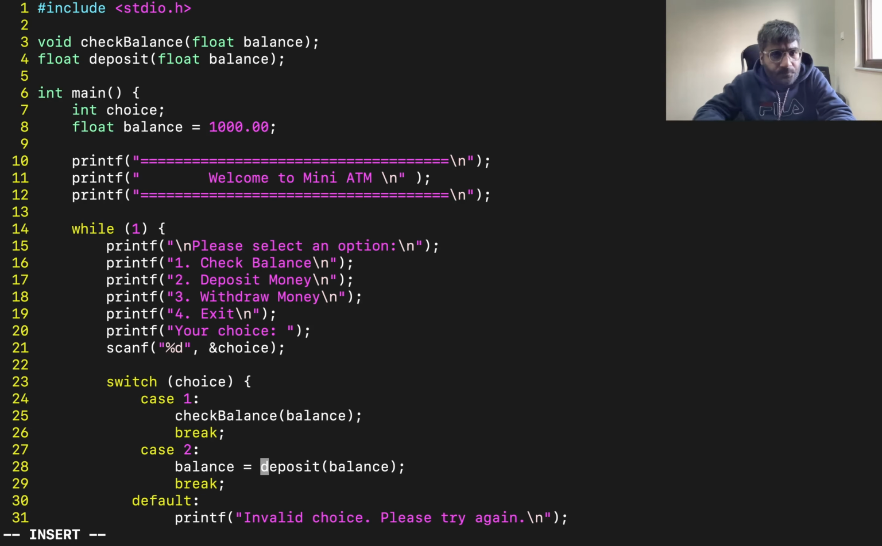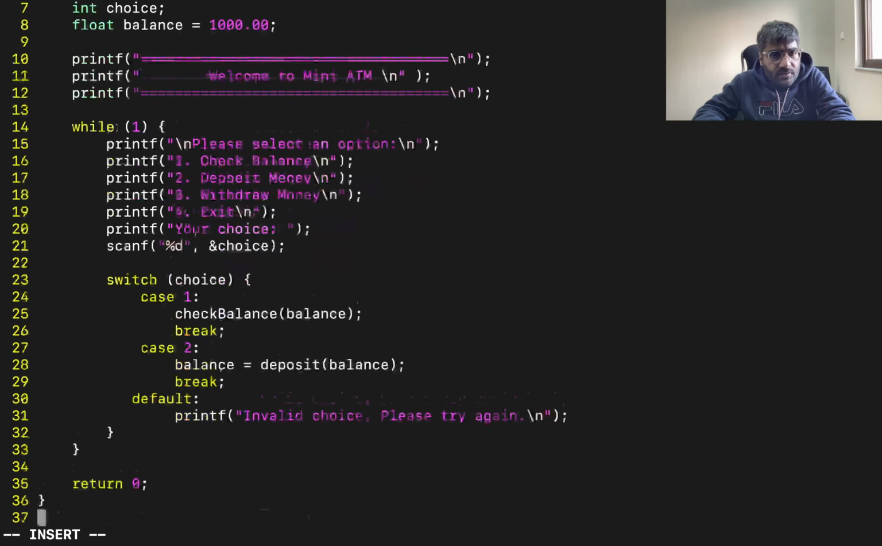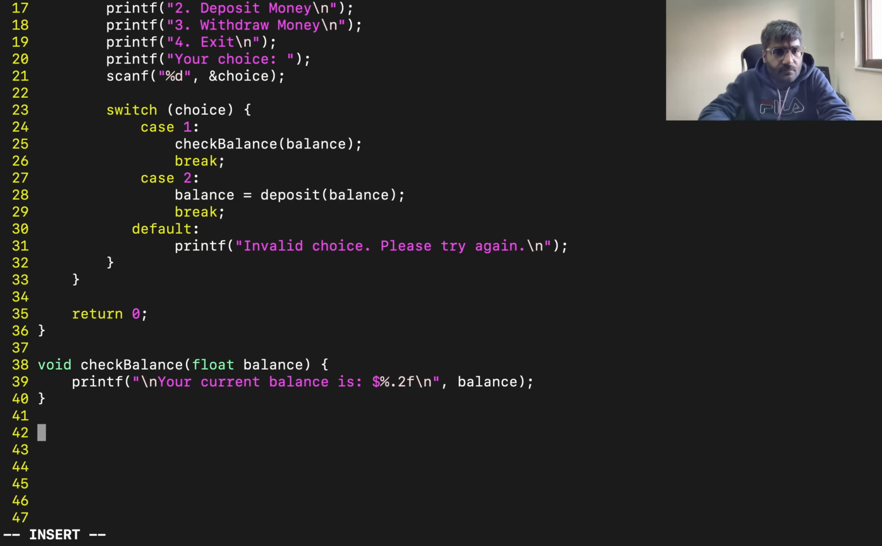I think we already defined a balance, so the new balance will be updated here. So for the deposit, we will add a new function here, and this function will accept a float balance. First, I didn't write prompt messages for this. Okay,